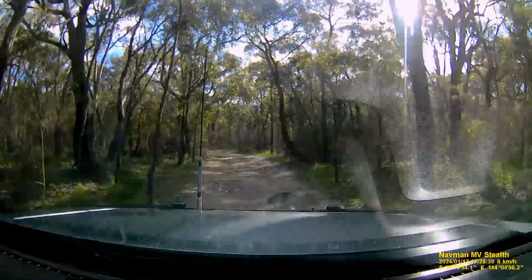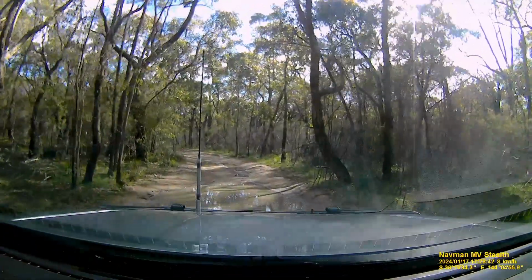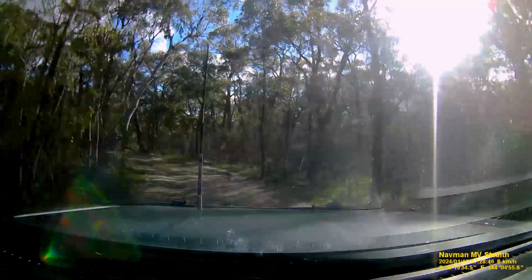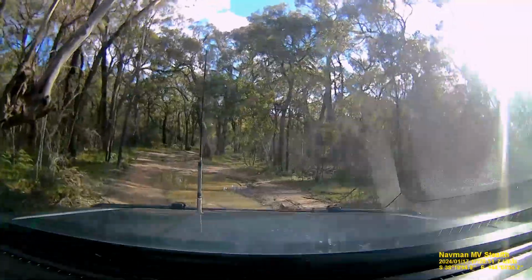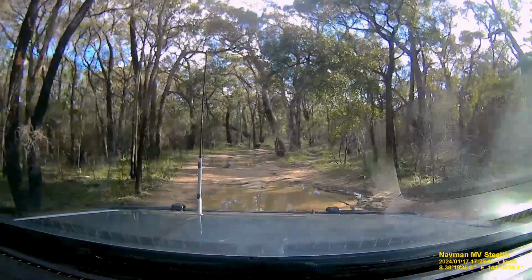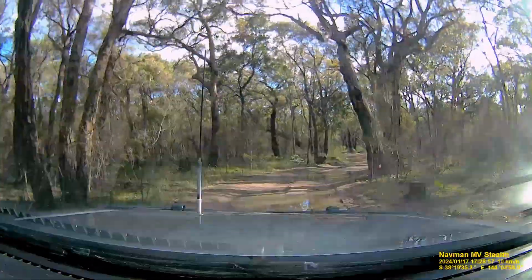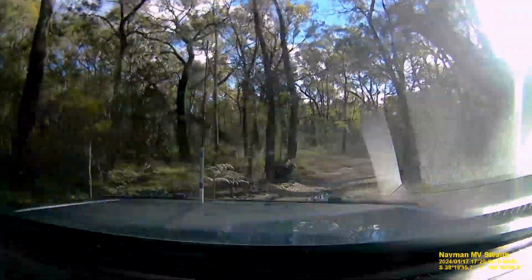At this stage still haven't got out and checked any of these bog holes, but I can feel traction wise so far I haven't had any problems, but I am starting at this stage to become a little bit concerned. Too far now in to be able to turn the van around or even reverse it out without help. Certainly would have been a challenge to try and back it up, and as you can see the track's becoming very boggy and